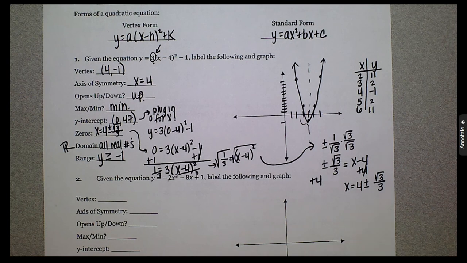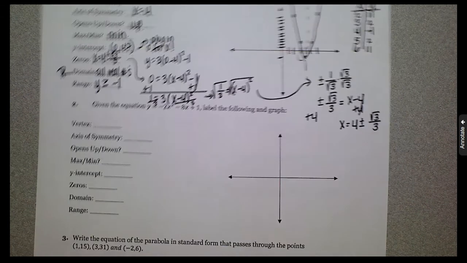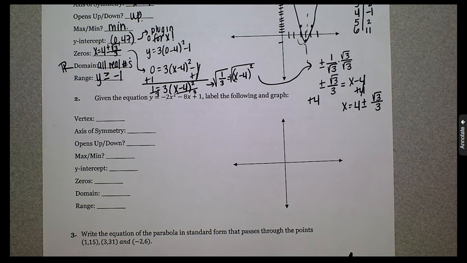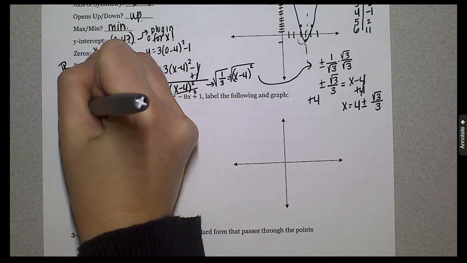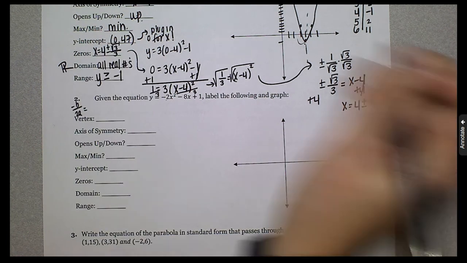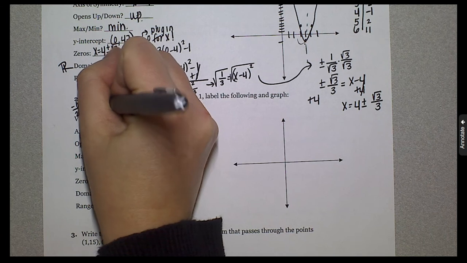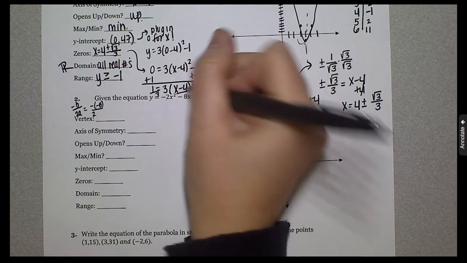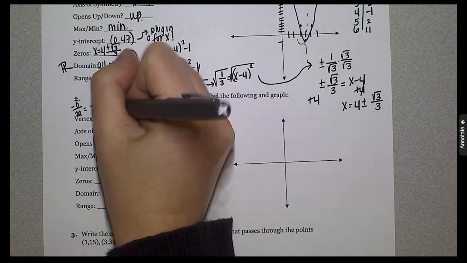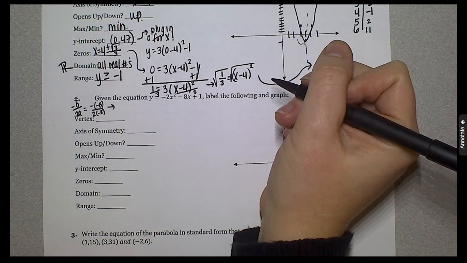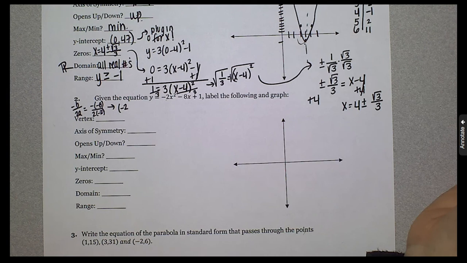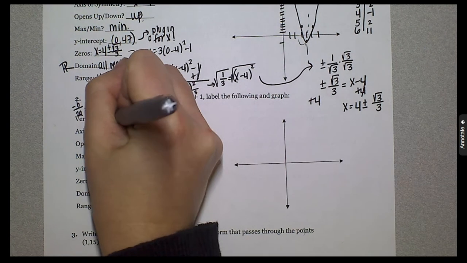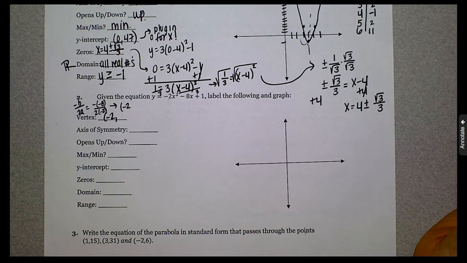Okay. So number 2 is kind of the same idea, except we have something in standard form. So good old standard form. To find the vertex, we're going to do negative b over 2a. That's something, if you forget it, to write down. So that would just be what? Negative, just be careful, negative 8 over 2 times negative 2. And that's going to come out to be a negative 2. So negative 2 comma,